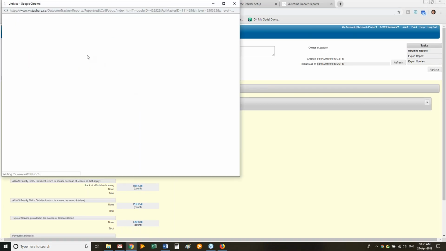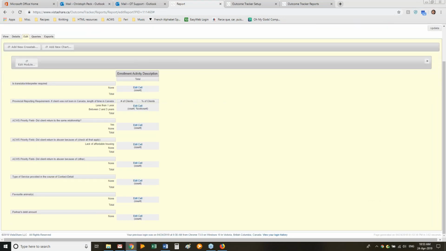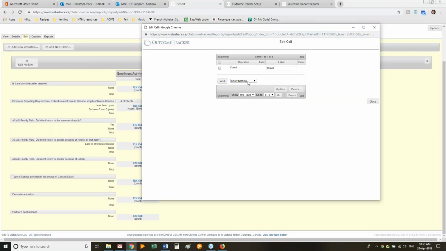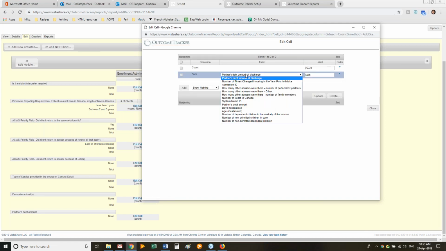go up here, back to edit, back to edit cell. And then instead of percent column count like we added before to add percentages, we want sum. We add that. Now, there's a little bit more we have to do with this one